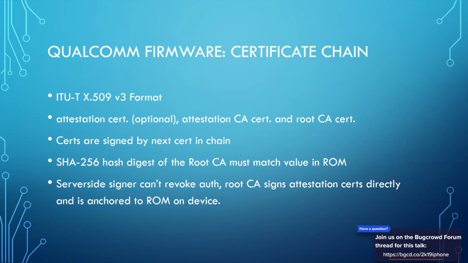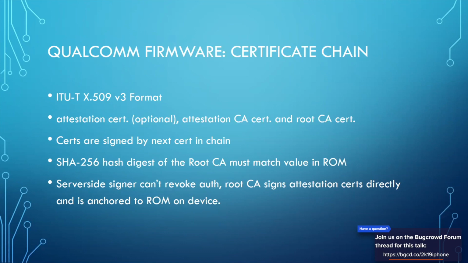So at first, like I said, there are 3 certificates: the root certificate authority that verifies the attestation certificate authority, and optionally there's an attestation certificate that's unique for each firmware. It's optional, though in all devices this attestation certificate is usually embedded because code signing is enforced. So on production devices you'll pretty much always find an attestation certificate.